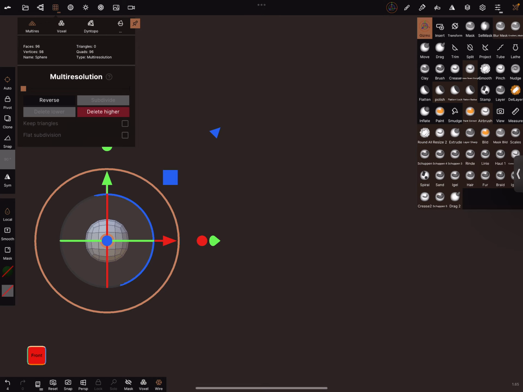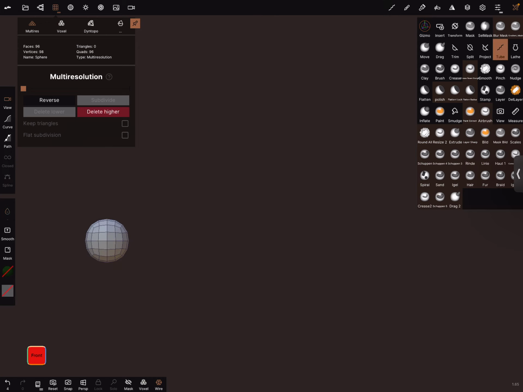And we need the tube tool, and let's use the path, and we need such a curve.